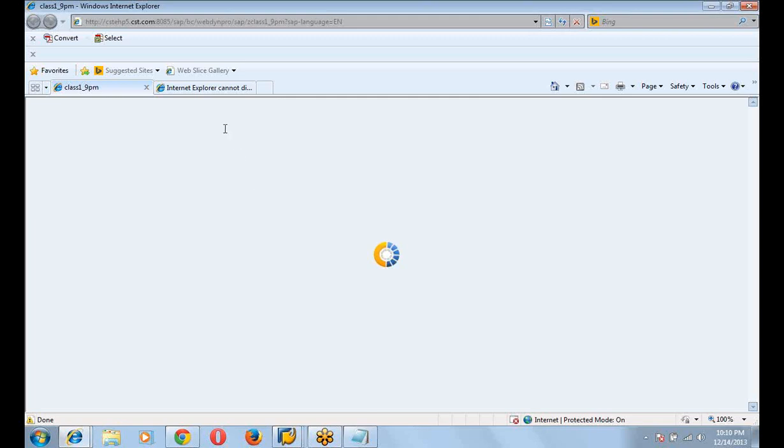This is the old version of Internet Explorer, so it is showing some error. It is not working properly because I just formatted my laptop, so I will update this Internet Explorer so it will work properly.